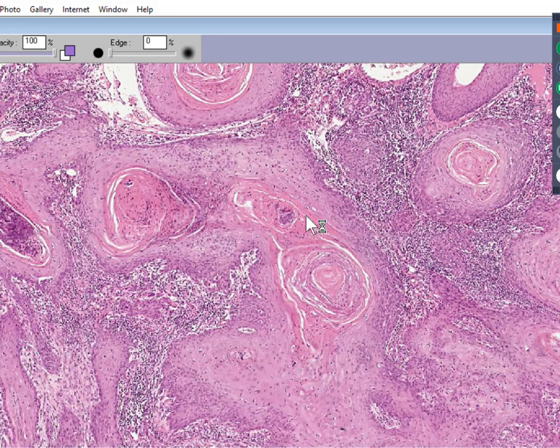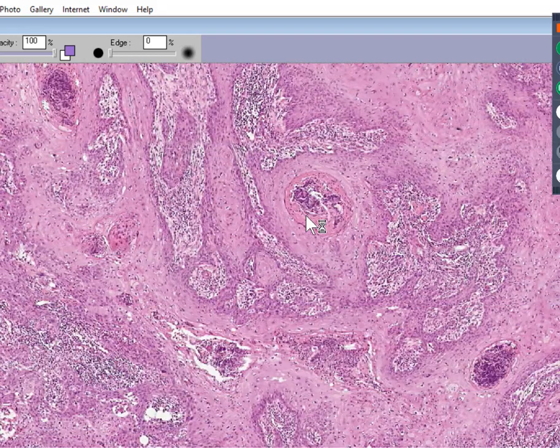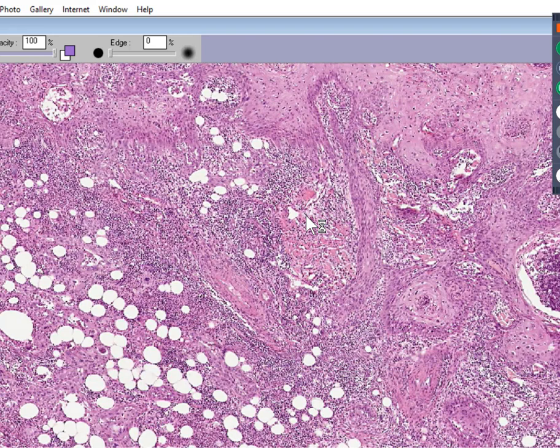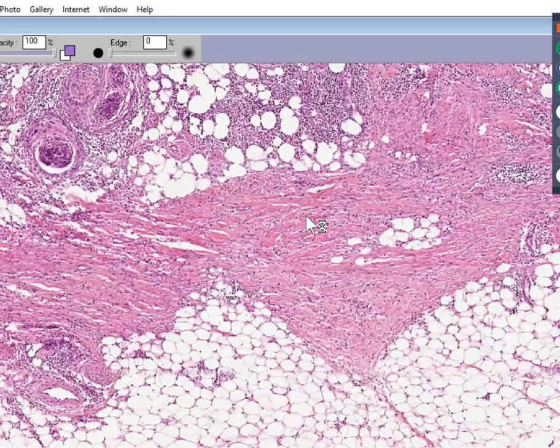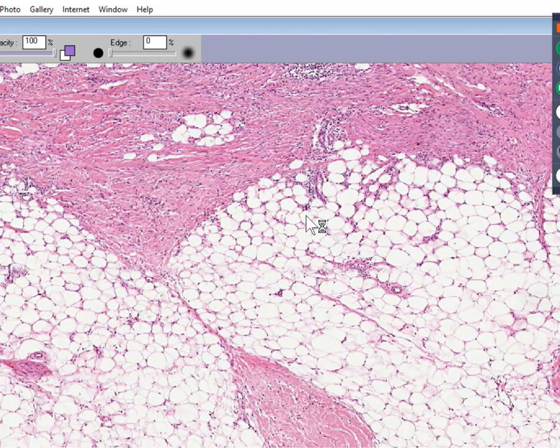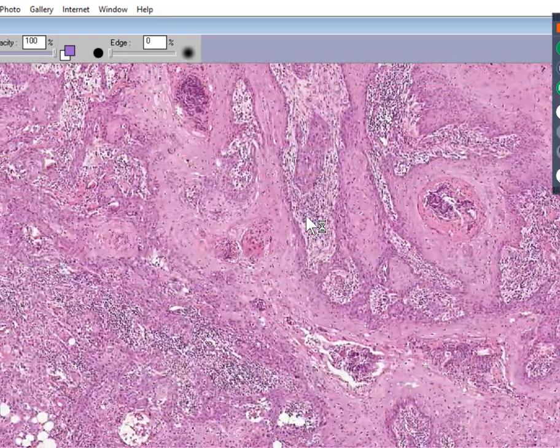In fact, I'm moving further and further. You can still see these squamous nests and pearls. And now I think we're near the bottom of it, and you're getting into the subcutaneous fat, because you can see some inflammatory cells and fat spaces here. And now we're in an area that is almost 100% fat. So we have a skin tumor that's invasive, and it looks a lot like the squamous epidermis, which is normally covering the skin. But now we have squamous nests and even pearls, because they look like little pearls like we see here,